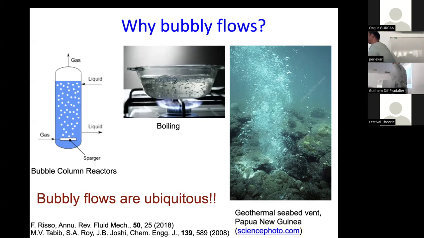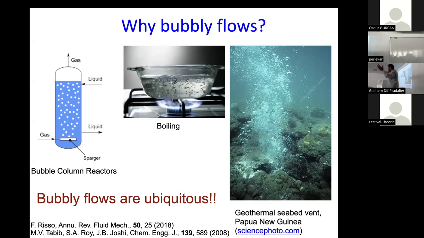And one of the simple ways you can think of it is the following: as these bubbles are rising, you can think of them as particles. They are moving through the fluid. As a solid body moves through a fluid, it generates a wake. The wake of one bubble will interact with another bubble and create a complicated mess. And that complicated mess, we would like to think of it as turbulence. The question is, is it the same turbulence that Kolmogorov and others were thinking about? Or is it a different kind of turbulence?